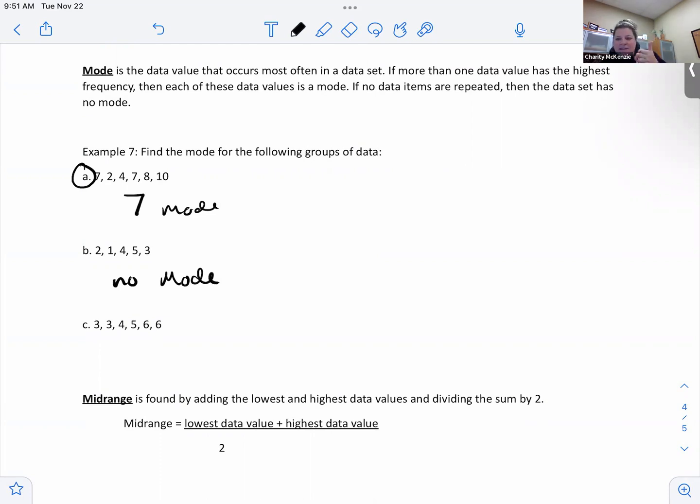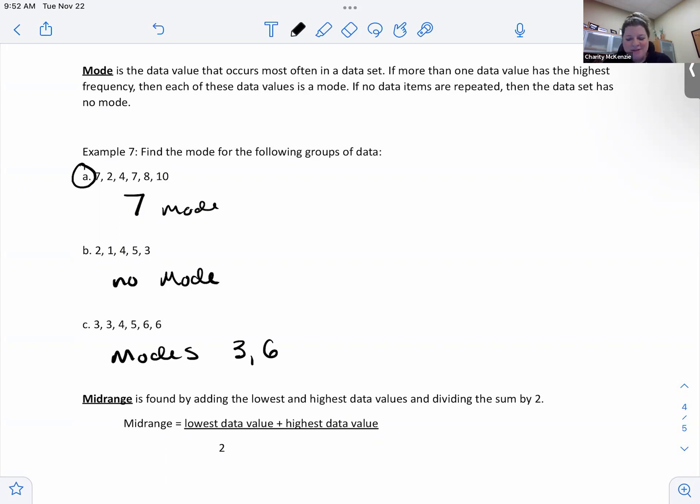So we have to use the median a lot if we have outliers, because gosh darn it, there's not always a mode, or sometimes there's more than one mode, which is our last question. With the modes, there's more than one, are 3 and 6. Now, if you have a big data set, you could list like 2 or 3 modes. Beyond 3, just say no mode, because it becomes meaningless if there's too many.